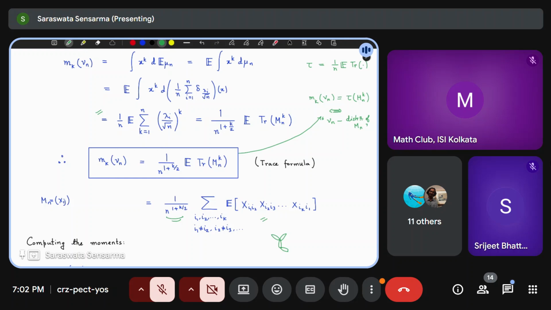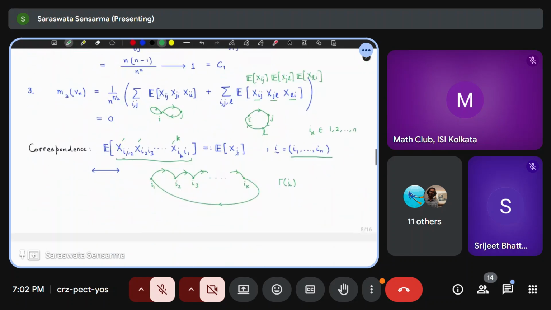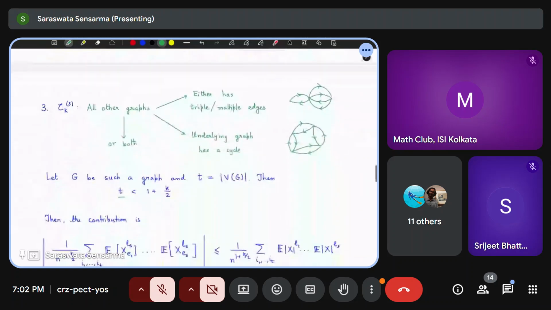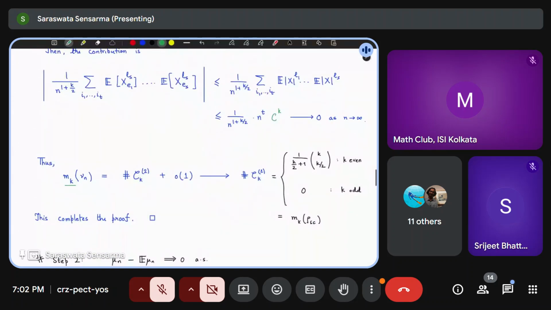All right, they had a non-trivial contribution, but they did not contribute at the limit. So finally, what we get is, if you look at this moment from that formula, you get little o(1) terms. These will go to 0 as n goes to infinity. And the only contributing terms are the number of CK2s, the number of graphs which looked like this, where the edges were all paired up, and the paired up